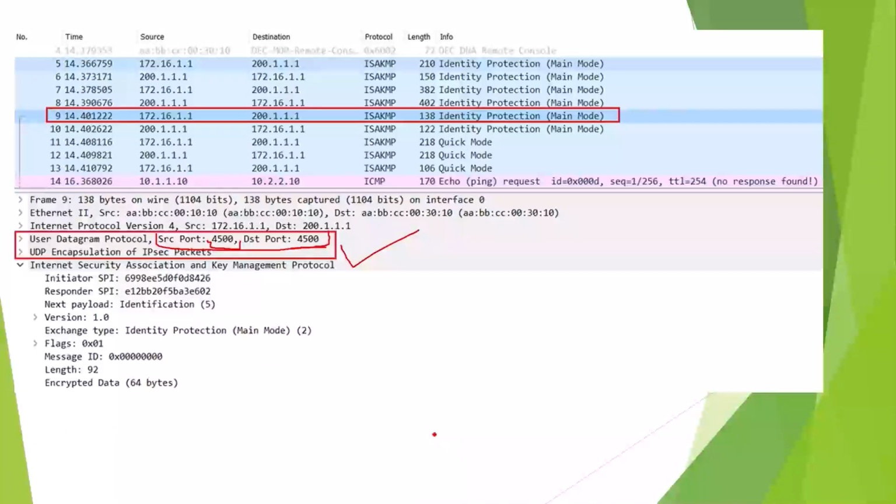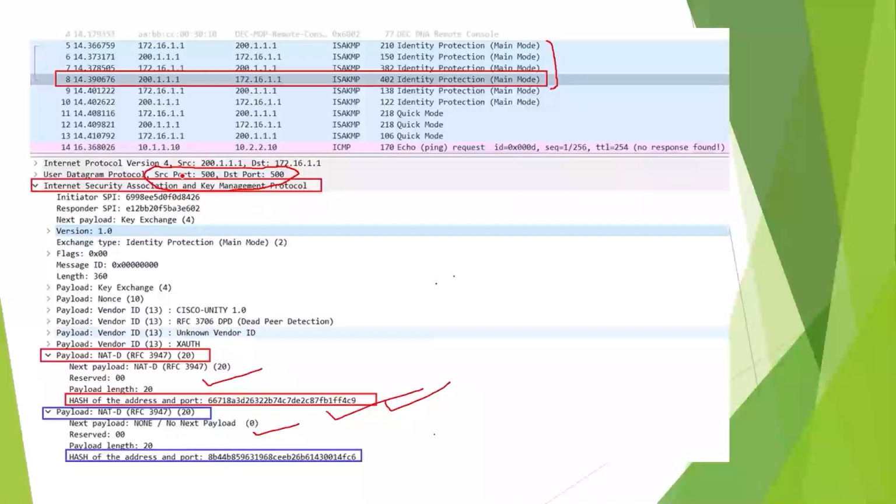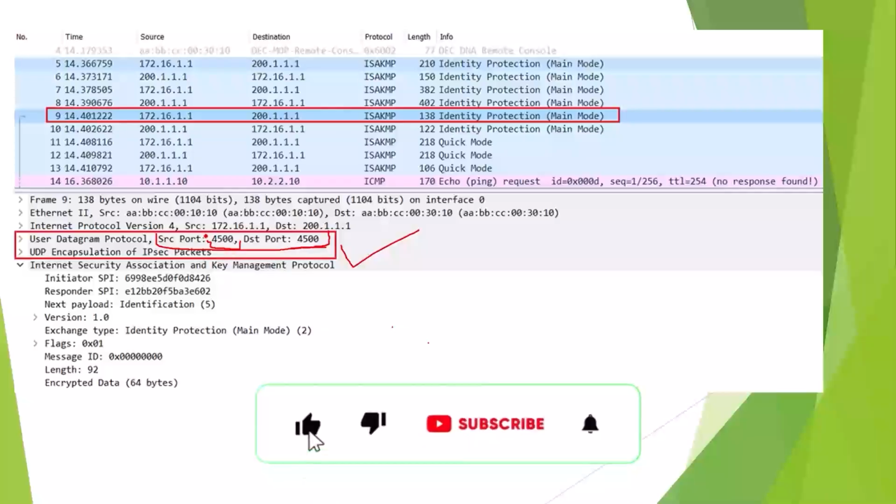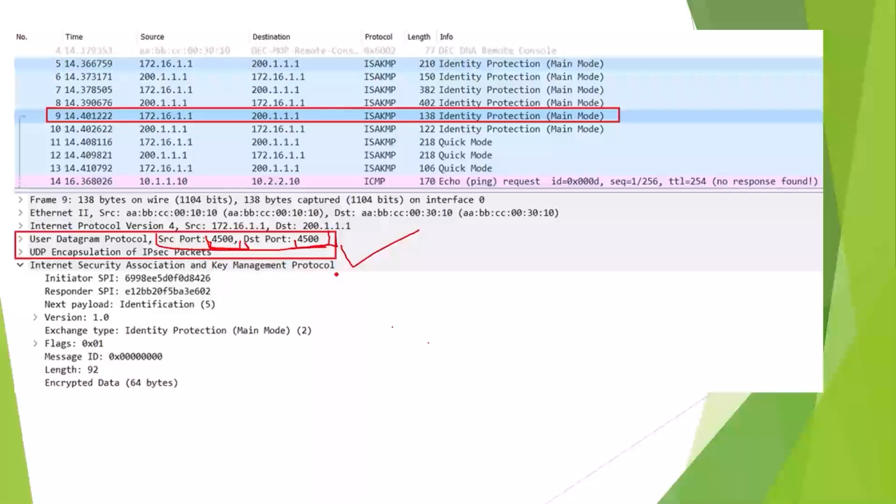When it is confirmed that there is a NAT device in between, then what would happen is it would change the port number that was used previously to a NAT traversal port number. If you look at the previous screen, the source port and destination port is 500 from the beginning of the first message till this fourth one. So it remains port number 500. But once this NAT is detected, that means a NAT device is there, this port number is changed to the NAT traversal port number. That means port number 4500 for both the source port and the destination port. Once this was changed, it means there was a NAT device, and to counter that, we use the NAT traversal port number 4500 instead of the regular port number 500.